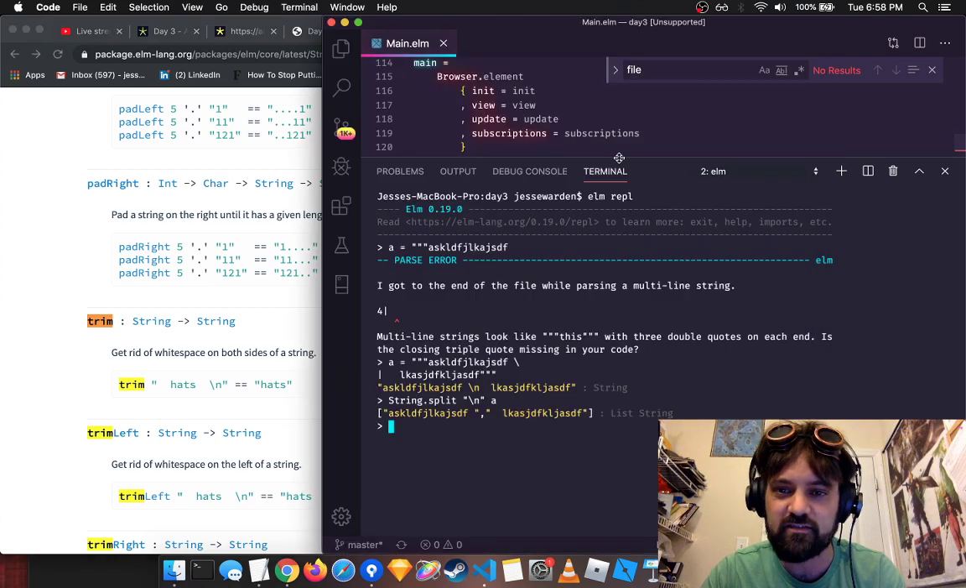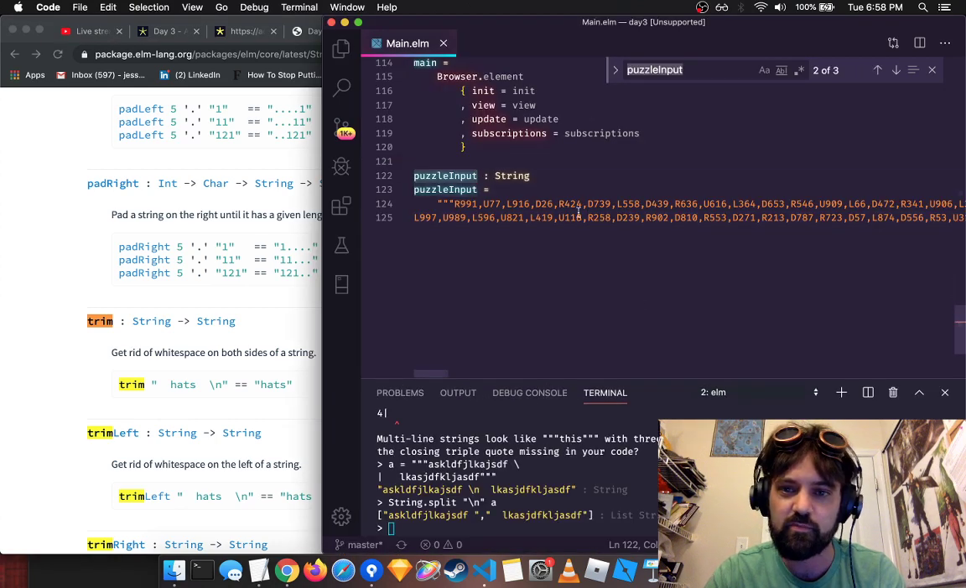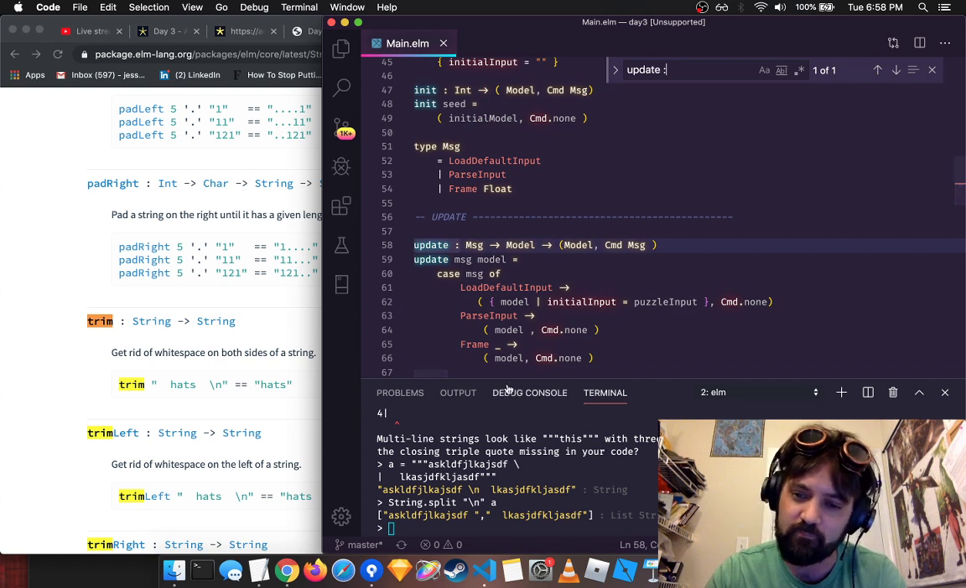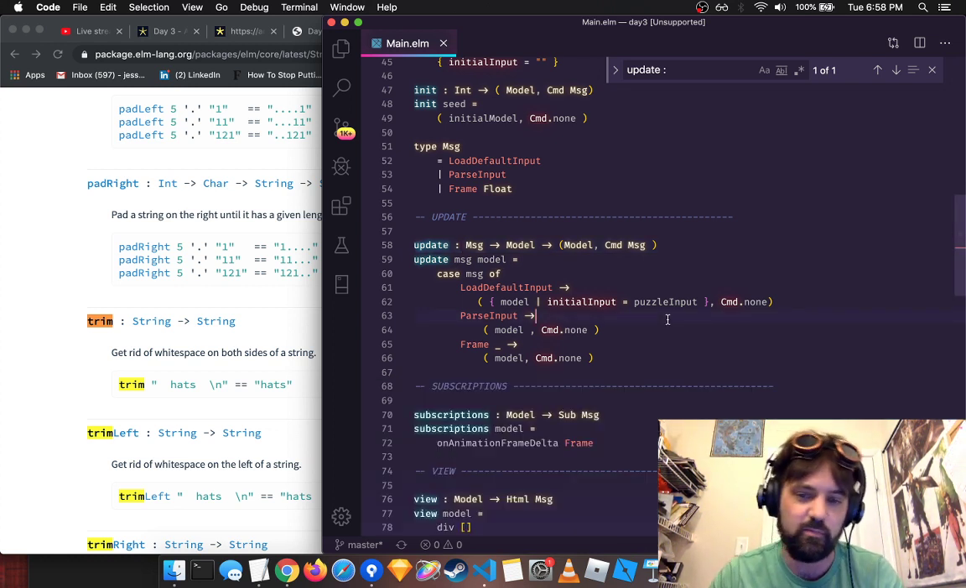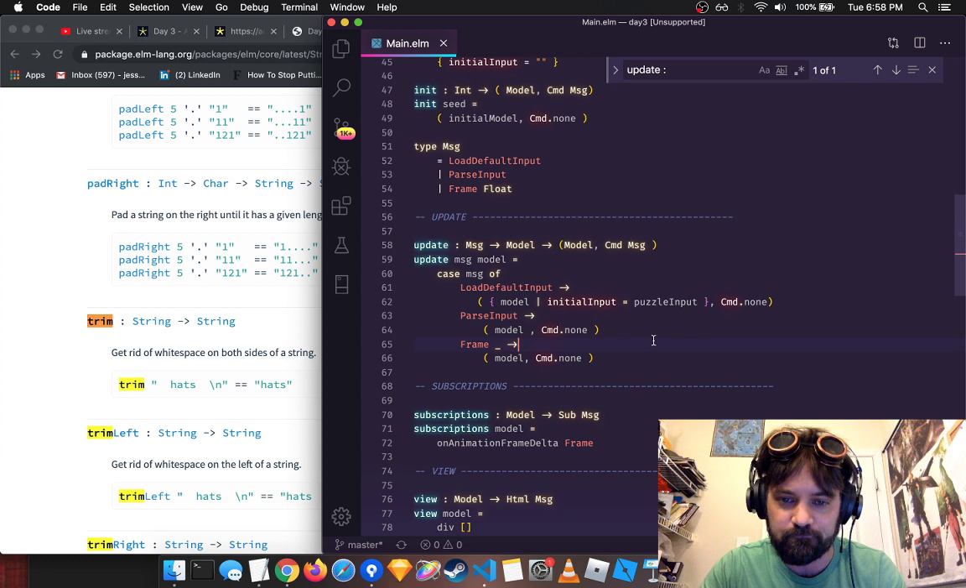Fantastic. So let's go ahead and set up our parse puzzle input. We'll go to our update. We can get out of this REPL here. We don't need this anymore. We can actually get rid of this because it's always going to compile because I'm feeling good, despite the fact